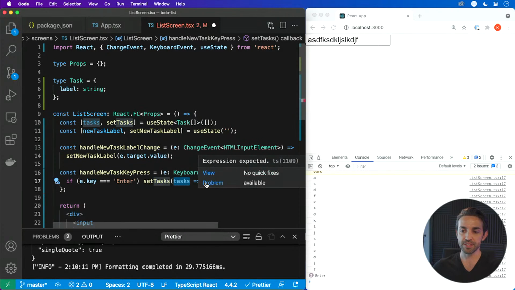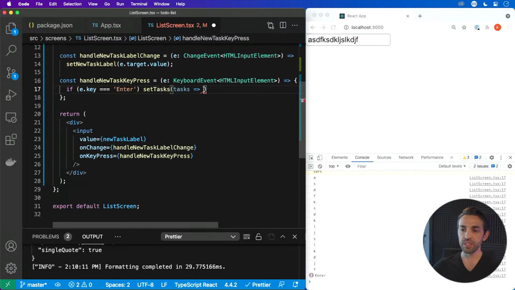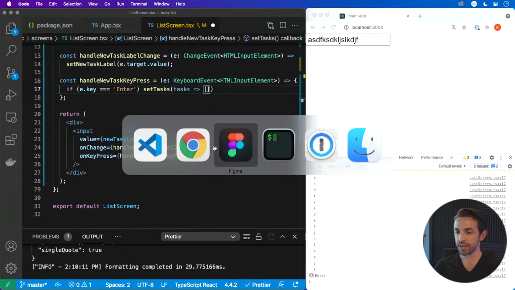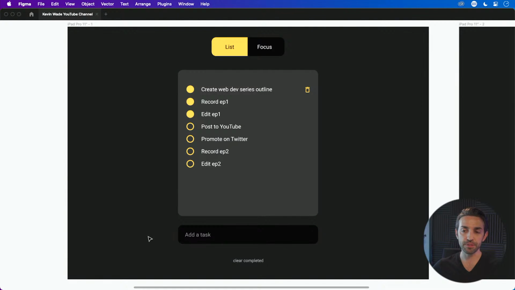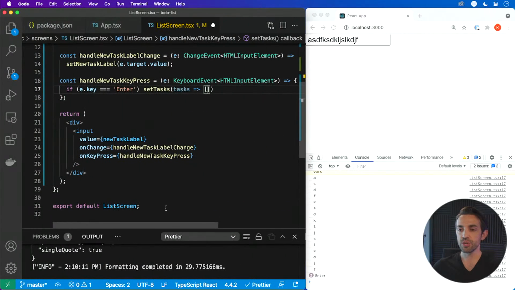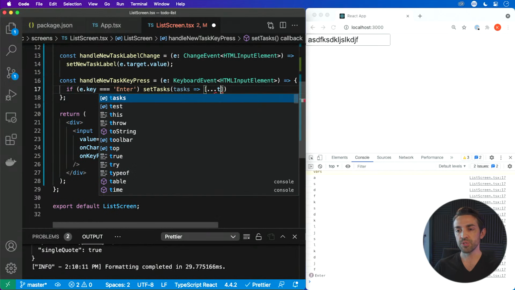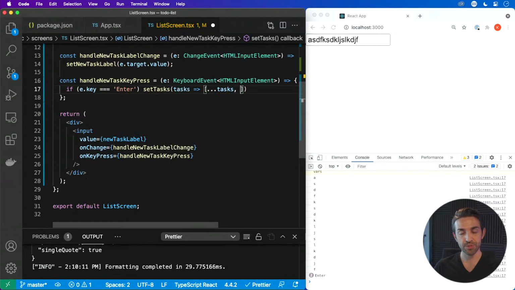So we're going to pass in tasks here, and we're going to return your new value. So we're going to return an array, and since our UI has the add a task field at the bottom, we're going to put our new tasks at the bottom of the list. So we want to put our new task on the end of the array. So we'll return a new array here, spreading over our old tasks. So we're going to keep our old tasks as a part of this new array,